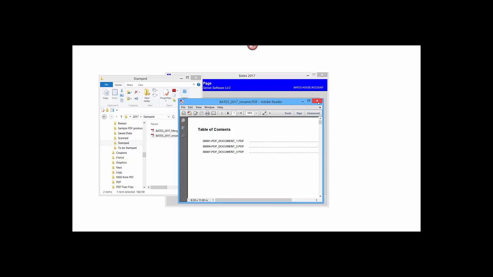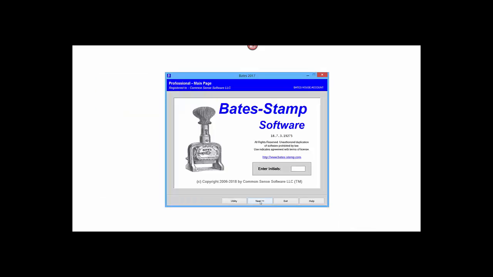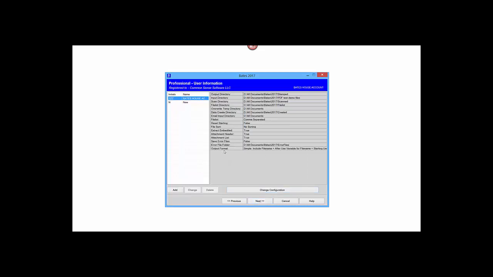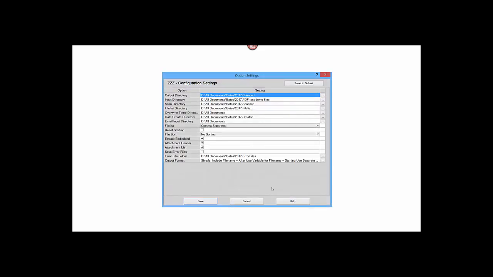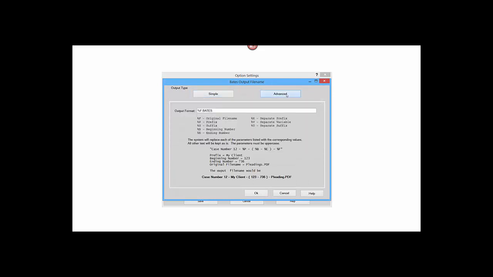The next one will be the advanced. This is we're going to do the advanced file name. So we'll push next here. We're going to change the configuration. So we're going to come down to the output format. We're going to select advanced. And with the advanced option,